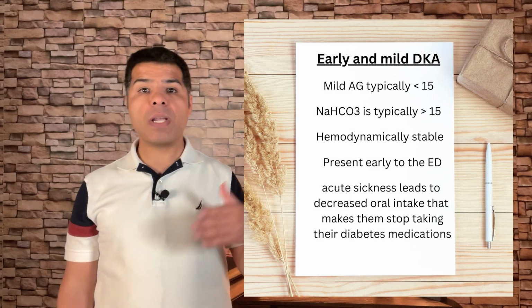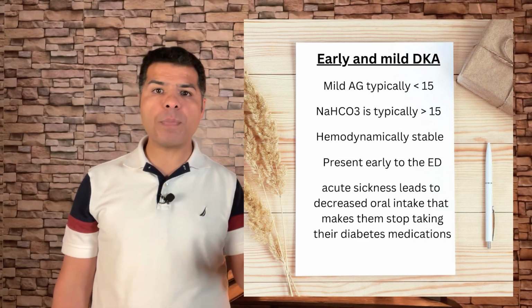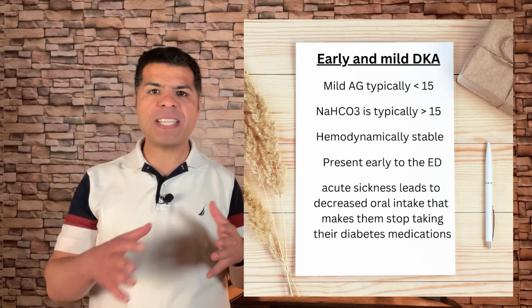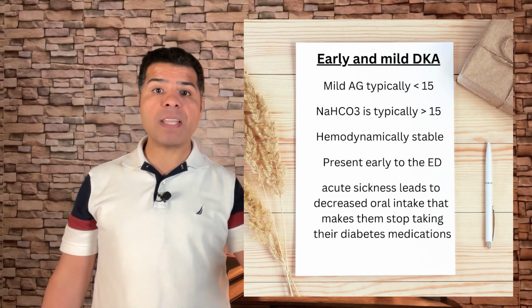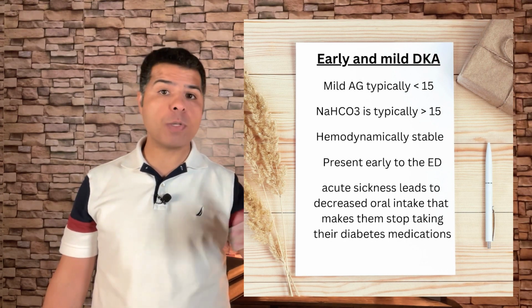These patients are hemodynamically stable and most of them present early to the ED with an acute sickness that caused them to have decreased oral intake. They stopped taking their diabetes medication because they were afraid of hypoglycemia. Now, these patients should receive fluid resuscitation and can be treated with insulin drip, but alternatively, rapid-acting insulin can be